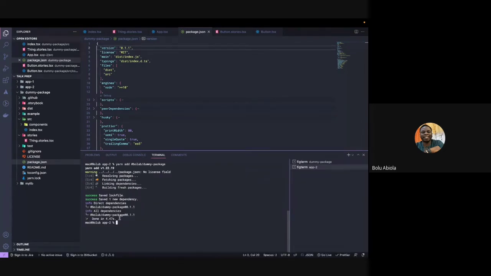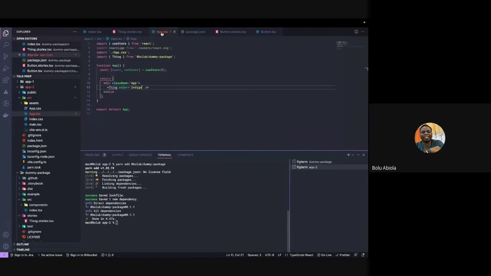Yep, so you can see at bolu/dummy package 0.1.1. Awesome. Now, next, you can see here, this is already throwing an error. Why? Because children is missing in type. Because in the component in our design system, we said children should be compulsory. So we need to add children, let's see,